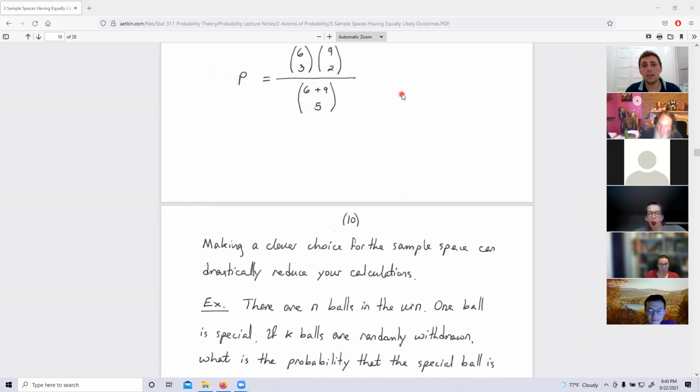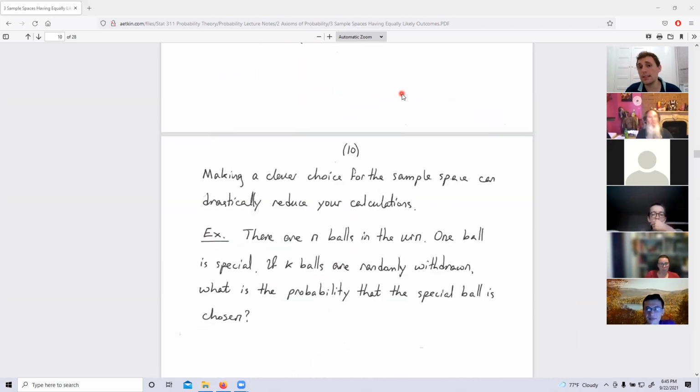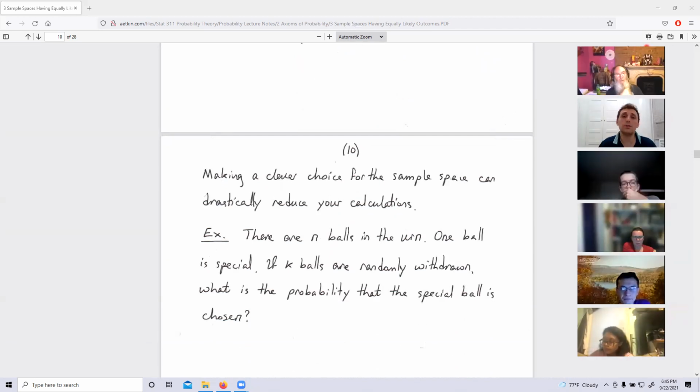Okay. And of course, making a clever choice for the sample space can drastically reduce the complication of the problem. Do you want to do it today, guys? We have 5 minutes more, or maybe if I stretch it to 10 more minutes, I can maybe finish this question. What do you want? Okay, guys. So this is the idea. If you have to leave, I am not going to be upset, at least not visibly. I'll be thinking about it as I go to sleep. But yes, we'll try to finish this, okay?